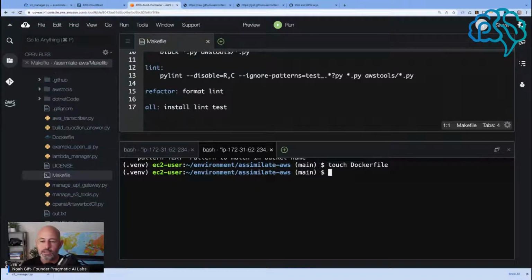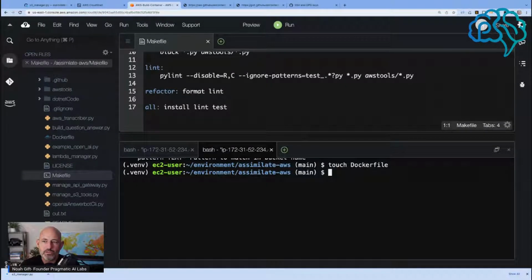So the next step that I'll do is I'm going to create a Docker file next here. Now in this Docker file, what I would need to do is just figure out something useful to build. Probably building something that I already have is maybe even the easiest approach. So one of the things that we could do is look at a previous Docker file that I have, and I could copy that, or I could just start it from scratch. I think what I'm going to do